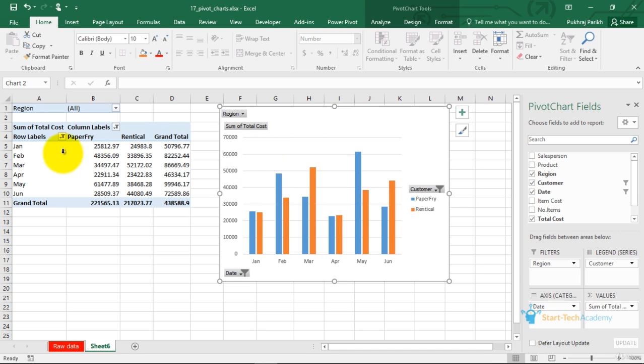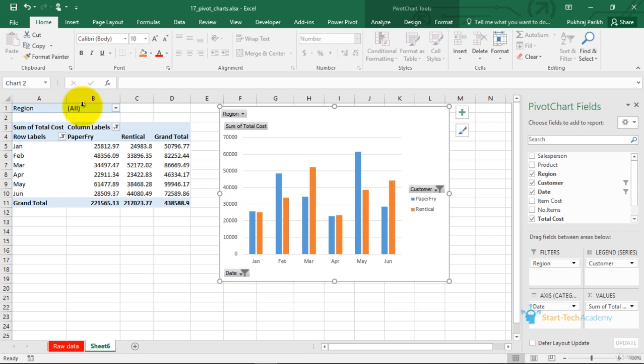As you can see, since I had row labels on the left, these row labels are coming as the horizontal axis labels in this chart. These two series, that is the two names of our customers, are the two series plotted here. And on the y-axis, I am getting the value of total cost for each customer.